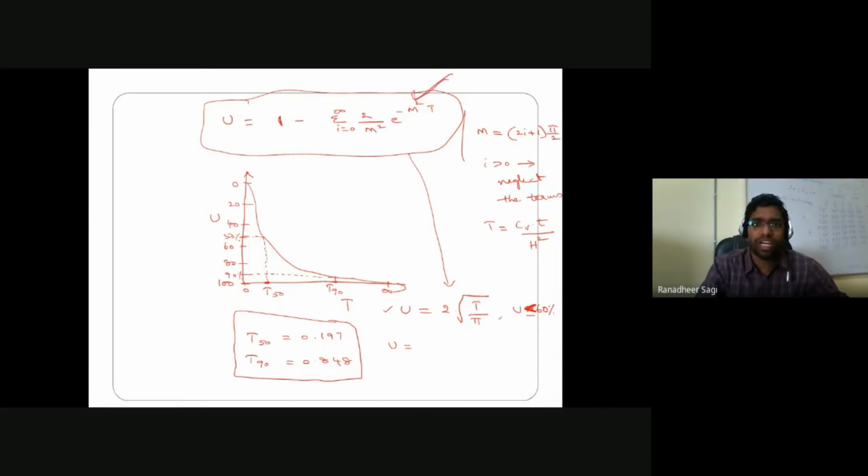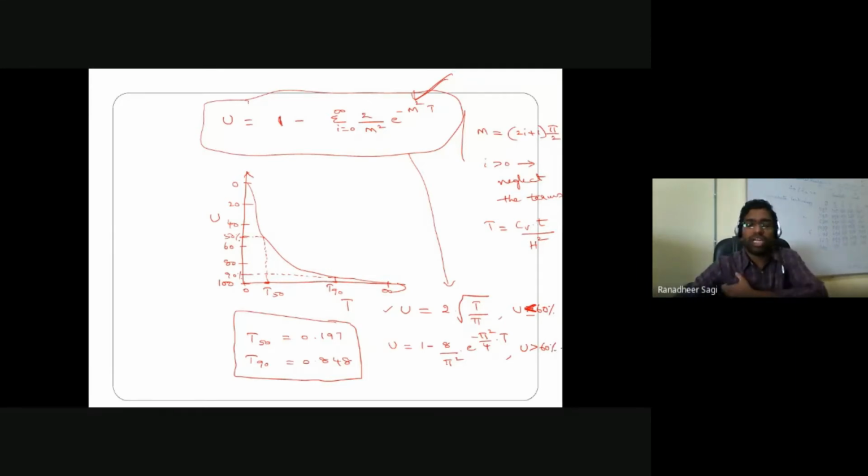Whatever expression we have represented, the simplified form of that, capital U, is equal to 1 minus summation, i going from 0 to infinity. Here, i equal to 0 only we are trying to consider. So from that, if I simplify, I am going to get an expression like this, that is nothing but 1 minus, I am just writing it. You please expand it and check it. You will be getting this into e to the power of minus pi square by 4 into capital T. This expression is valid for degree of consolidation greater than 60% in the soil.